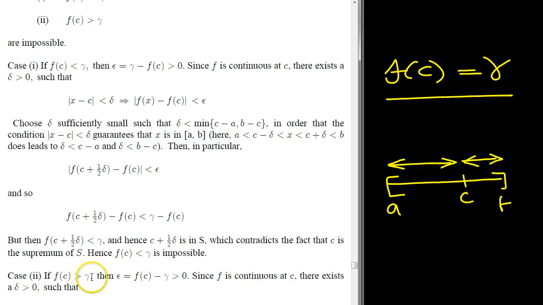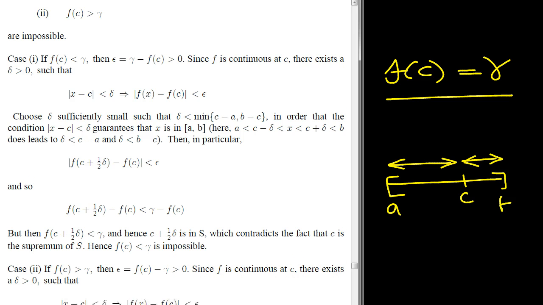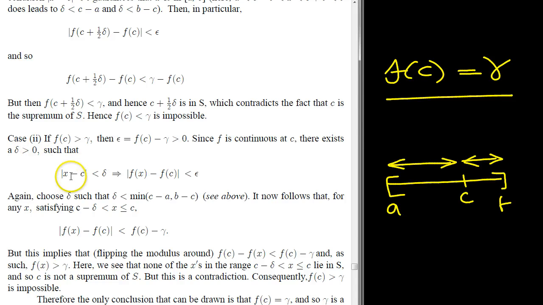Now case 2, let's assume the other way around then. Fc is bigger than gamma. So we'll take our epsilon now to be fc minus gamma, which is positive. F is continuous at c, as we said before, so there exists a delta sufficiently small, such that if x lies in here, then this condition holds. Choose delta such that delta is less than this thing again, for the same reasons as before. It now follows that for any x on the left-hand side of c, up to and including c, so any x in here, on the left-hand side, up to c, then we know